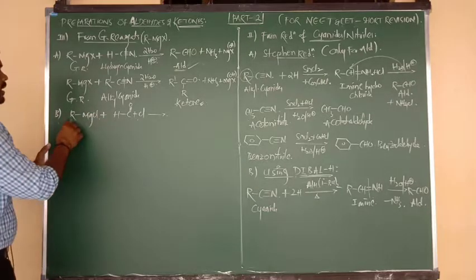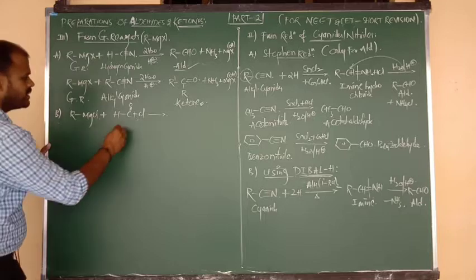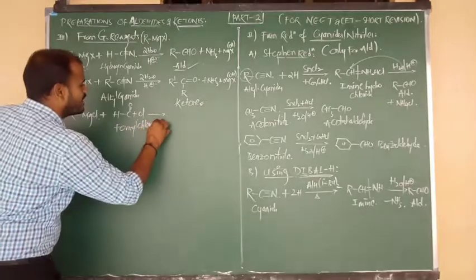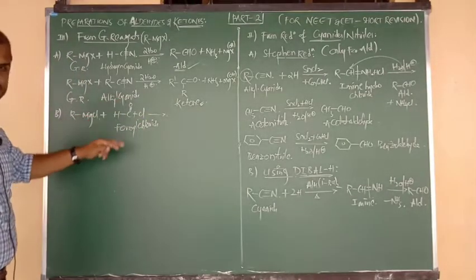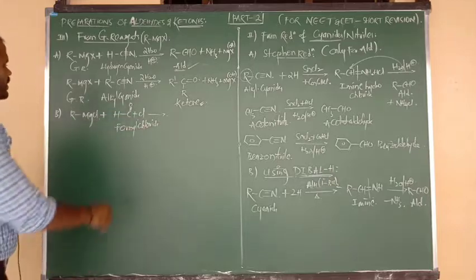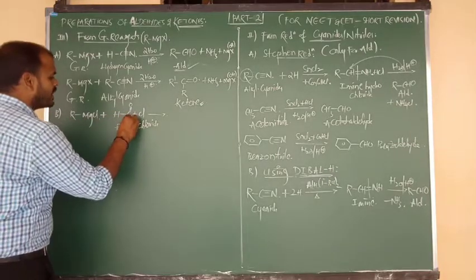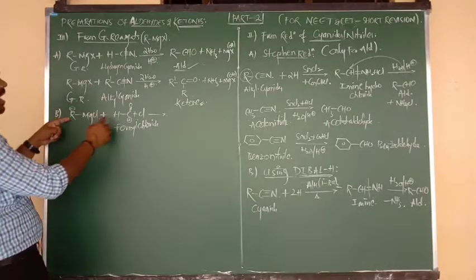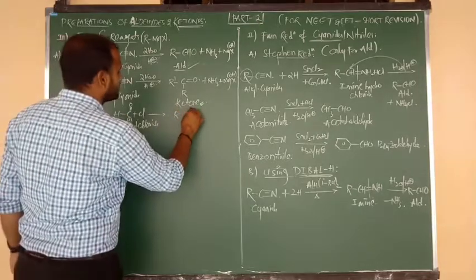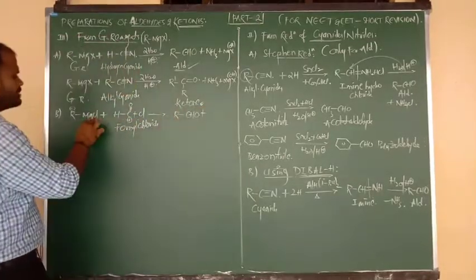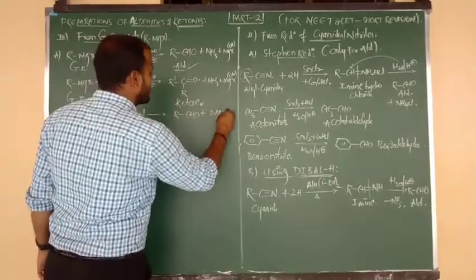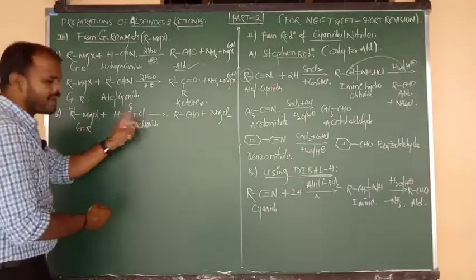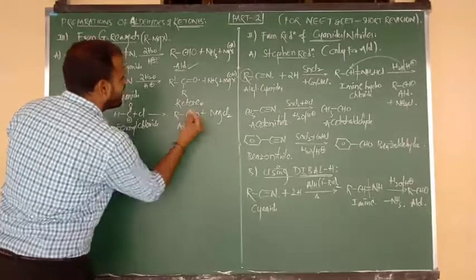It will not make any difference. So RMgCl, nothing but Grignard reagent, upon reaction with formyl chloride. Try to focus on this name only: formyl chloride. What is the formula of formyl, beta? H bonded to C double bond O. So now the HC double bond O carbon contains the charge plus, and here R contains the charge minus. Minus attacks upon plus, giving RCHO. Here also the product is aldehyde, and the remaining MgCl2 is the byproduct. Grignard reagent upon reaction with formyl chloride forms the product aldehyde.